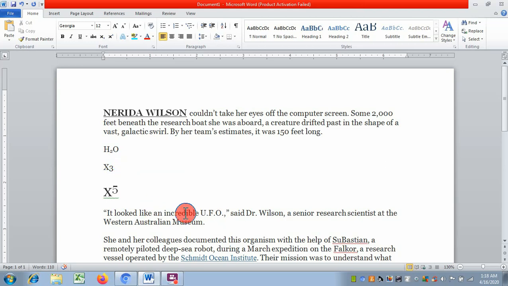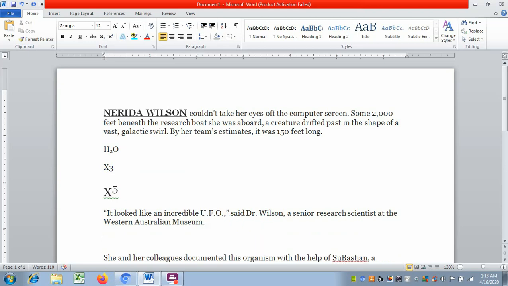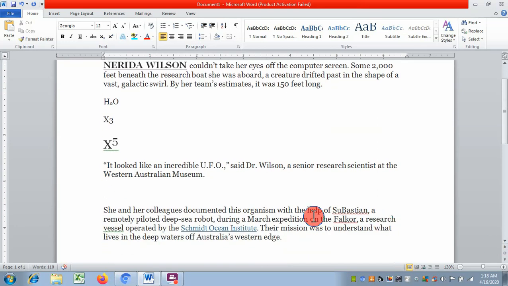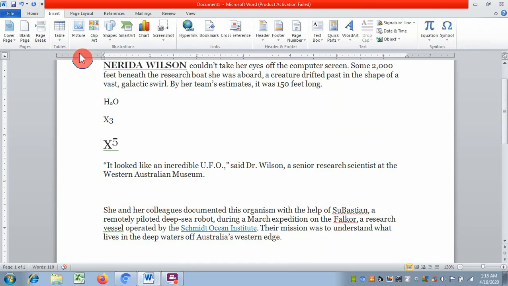Now the next topic is insert graphic object. We can insert any kind of image or clip art into our Word document. Suppose I want here an image or a clip art. Now how to insert a graphic object? Obviously it will be in Insert, so go to Insert and you can insert either any picture or any clip art. Suppose we want to insert a clip art, click on Clip Art.